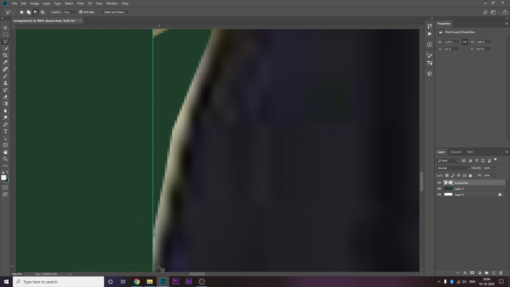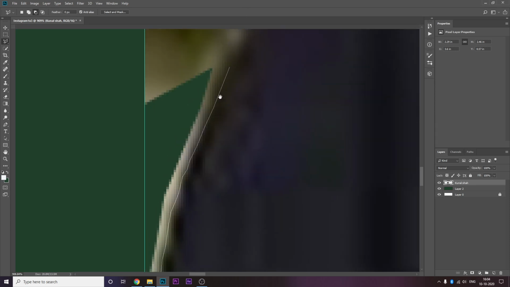Now I'll enlarge the picture a bit and try my best. The more points you have, the more smooth the curve will be. This curve won't be smooth at all because I'm not doing a great job at it, but I don't want to spend my time cutting photos of Mr.